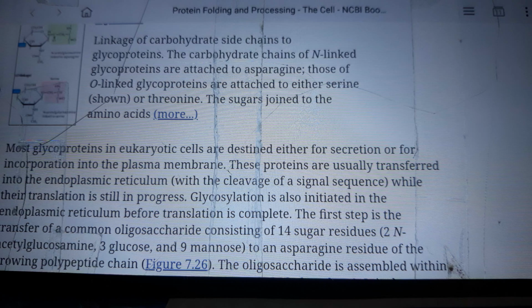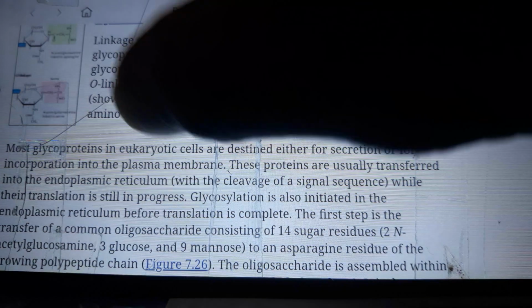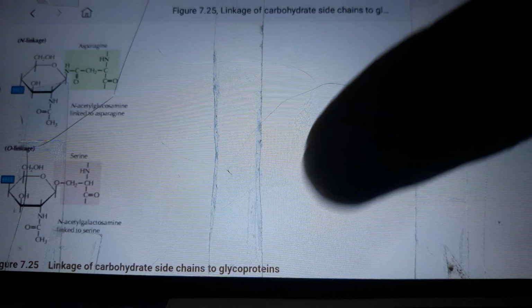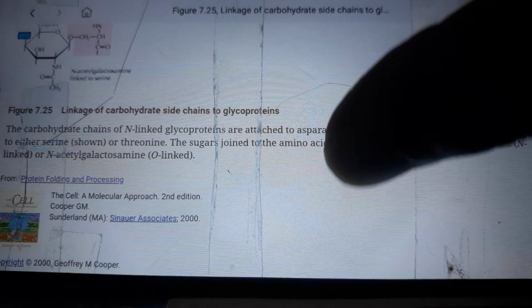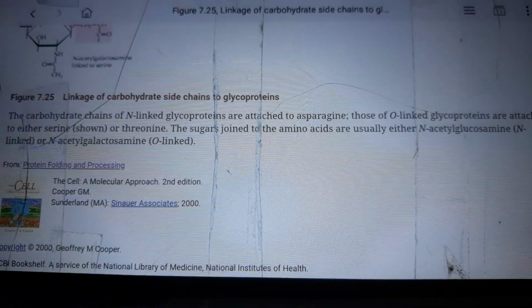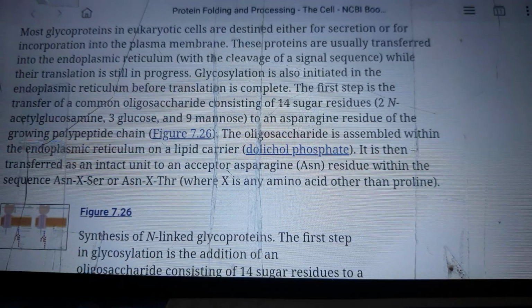The sugars join to the amino acids and are usually either N-acetylglucosamine, N-linked, or N-acetylgalactosamine, O-linked. And most glycoproteins in eukaryotic cells are destined either for secretion or for incorporation into the